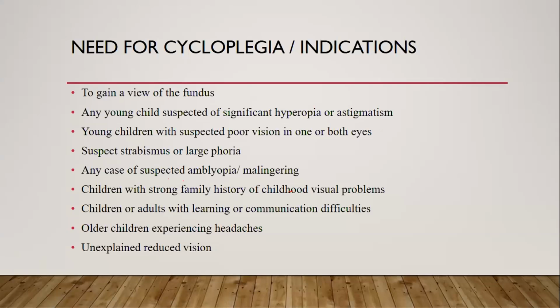Children with a strong family history of childhood visual problems, children or adults with learning or communication difficulties, because this is probably the only way, if they need a refractive correction or any further examination, that you'll be able to perform them. Older children experiencing headaches, unexplained reduced vision. We also have people who have pseudomyopia, where you have a refractive problem that keeps on changing and is not stable, so they need